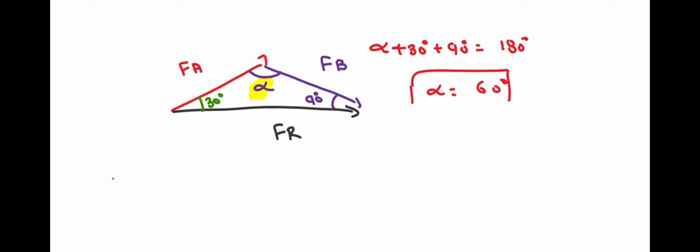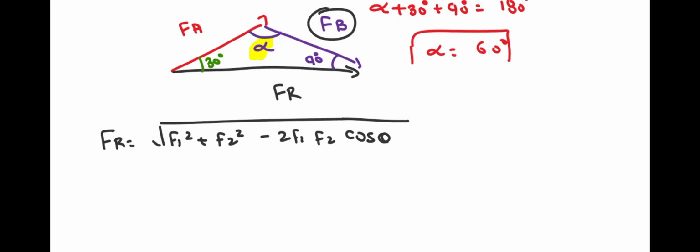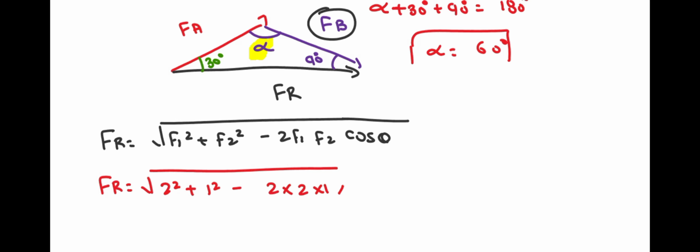So apply the law of cosine here to find out the value of FR. FR is equal to under root F1 square plus F2 square minus 2 F1 F2 cos of theta. Why am I putting the minus sign here? Because the FP is acting along the negative direction. That's why I'm putting the negative sign here. So FR is equal to under root F1 square, the value of F1 is nothing but 2 kilo. So I'm ignoring the kilo here. So it is 2 square plus the value of F2, which is 1 kilo, so 1 square minus 2 into 2 into 1 into cos of the angle between the FA and FB, which is 60 degree.